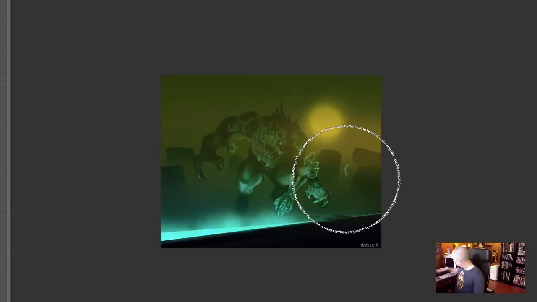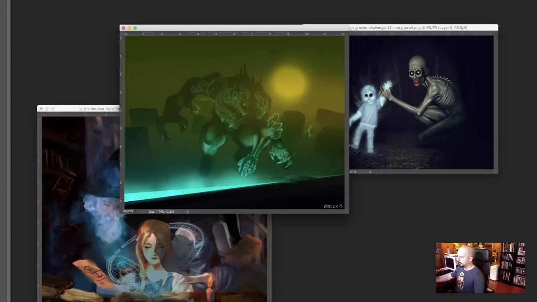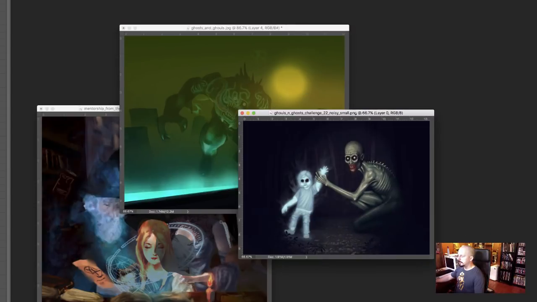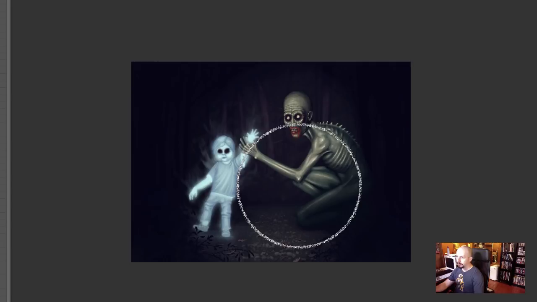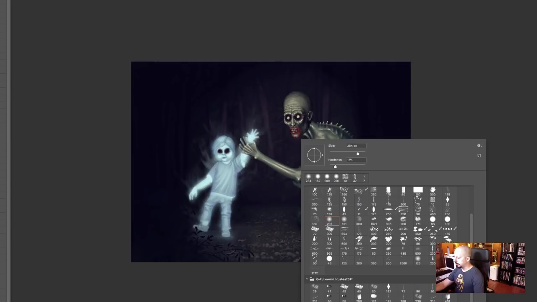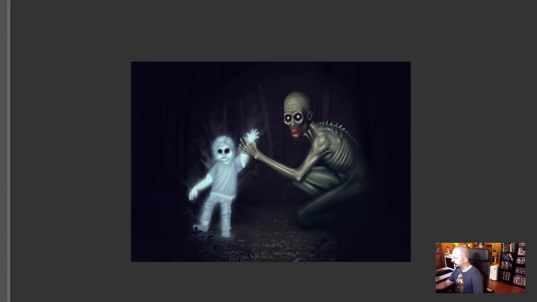Lastly is this, and I'm not going to spend as much time on this one because it's the same situation. It's clearly you went for a vignetted look, very classic in that approach, and there's nothing wrong with that. But generally for this type of illustration that we look for in these challenges is something very traditional, something you'd see on Magic the Gathering, on Fantasy Flight, or even something like Hearthstone, whatever the kids are playing these days.